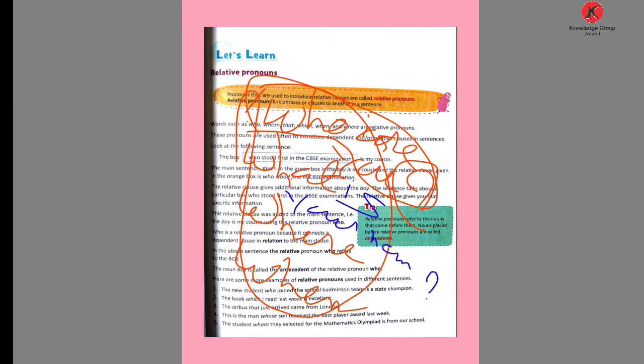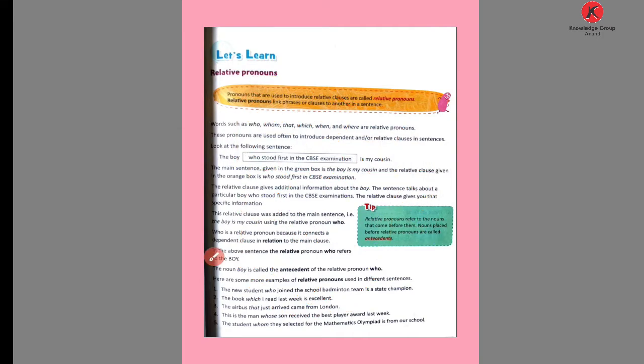Then at last you put the symbol of a question mark. Here it is not showing a relation, here it is showing an interrogative sentence. What is your name? Where are you? When do you come? That means these are interrogative sentences. But when you use these WH words as relation, showing the relation in a sentence, it is called a relative pronoun.